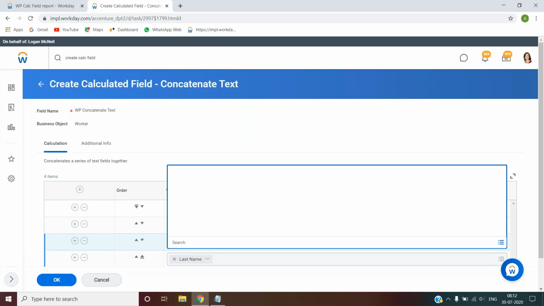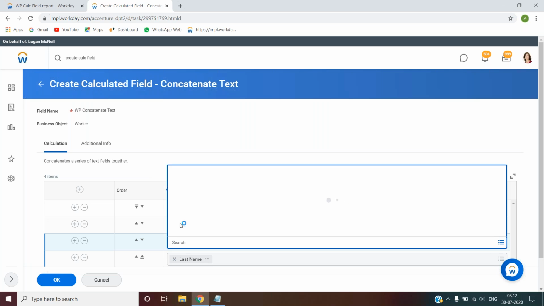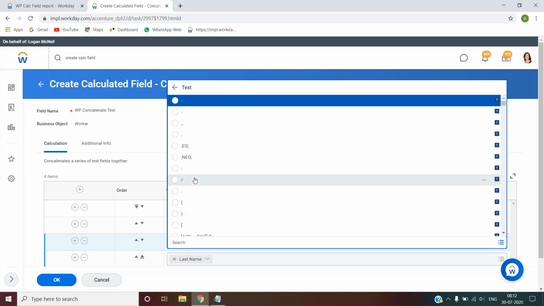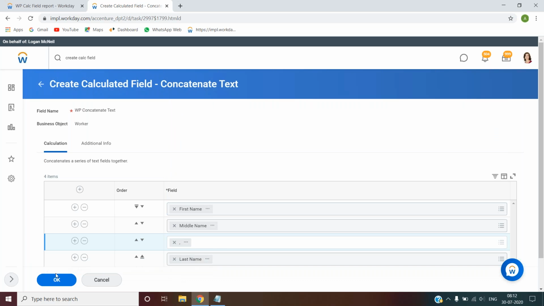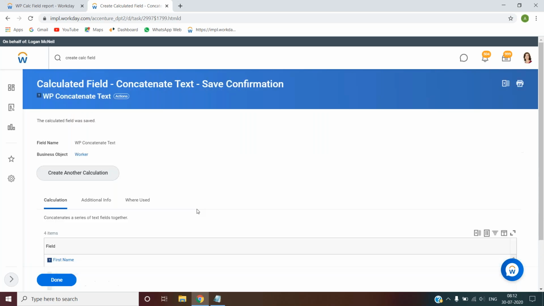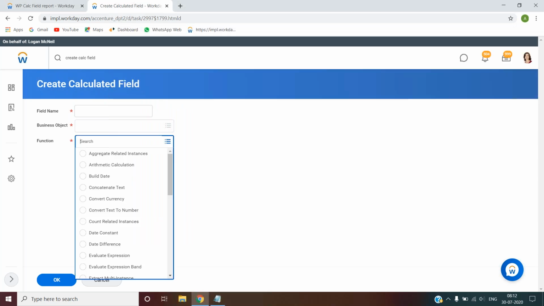You go to global fields and add those fields. It's going to concatenate all those fields for you. Where is the comma? I don't know, maybe this is the comma. Yeah, possibly, whatever it is. Say okay. And you can add a space between middle name and first name also. That's a requirement, up to you. So you can leverage concatenation of text how you want it. So that's concatenate text. Next,